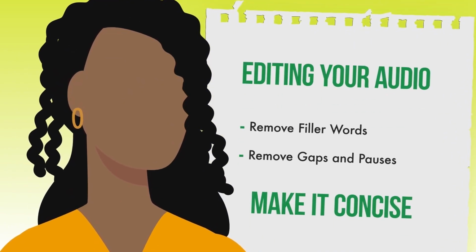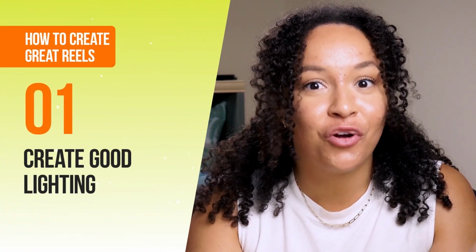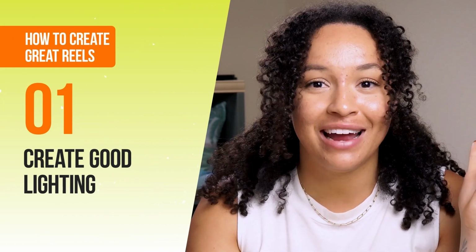Now let's bring everything together for the visuals of your reel. Let's go through a checklist of everything that I'm considering when I'm putting together the visuals of my Instagram reel. First, we need to have great lighting. As you can see, I have great lighting here. Whether you're using a ring light or a really bright window, you want to make sure you have a great light source so the video quality is better.